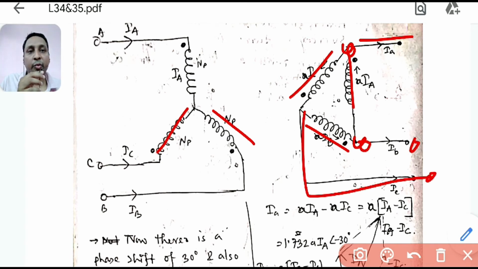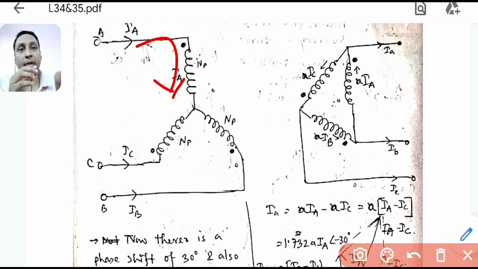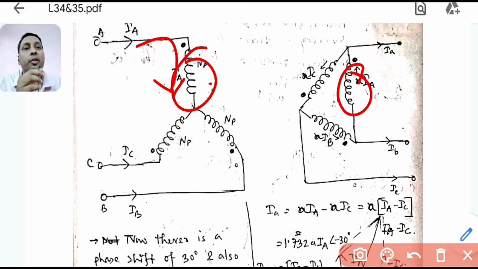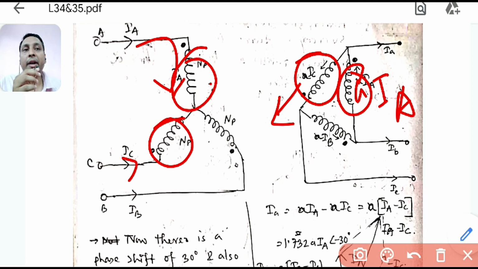So now if I want to see the currents, here it is IA current. So what is the corresponding phase here? This is the corresponding phase for this one, A phase. So here it will be A into IA, that multiplied by IA, that's it. What current is flowing here? C. So corresponding C is here A into IC. Now what will be the direction? Because C is entering here, through this dot it should come out. So this is the connection of IAC. Here through this dot it is entering, so what will be the connection of this? So it should go out.